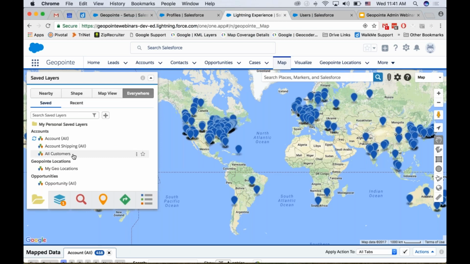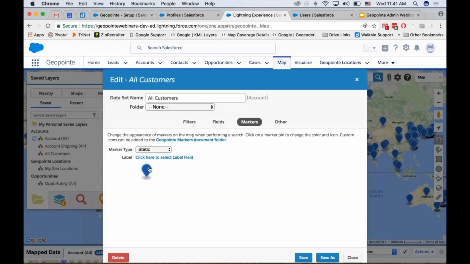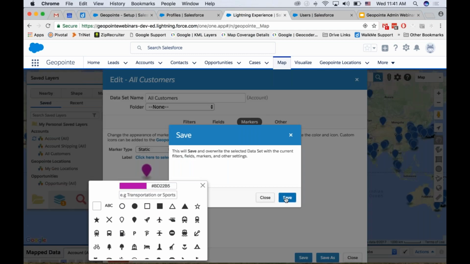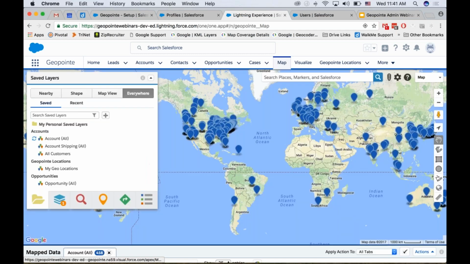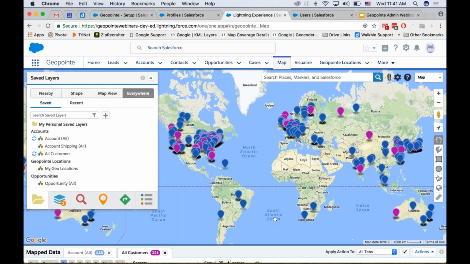So now if I run that data set, actually, it'd be easier if I change the marker color there so it looks different from the other one. There we go. And now if I run all customers, I can actually see the difference there, having the 2 results up, whereas all of my accounts I have for 18, and for my customers I've only got 221, and I can see the difference there on the map. Okay,